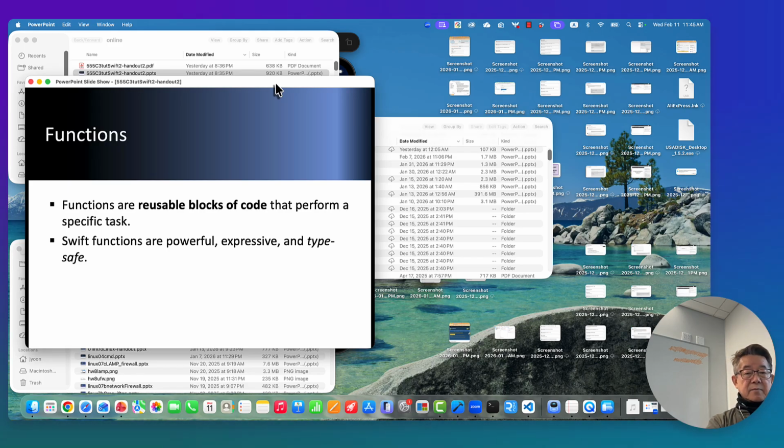As clearly stated on this slide, there are reusable blocks. So one-time definition and many-time usages. So the motivation behind this function mechanism in coding is because some